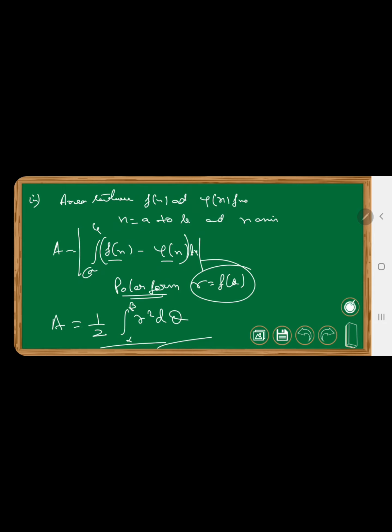Okay, the next topic we have is surface of revolution. We will not be talking about curve tracing in this particular video. I have already had a lecture on curve tracing in another video on my channel, so I'm leaving that for now. We're talking about the other topics. So the next topic is surface of revolution.